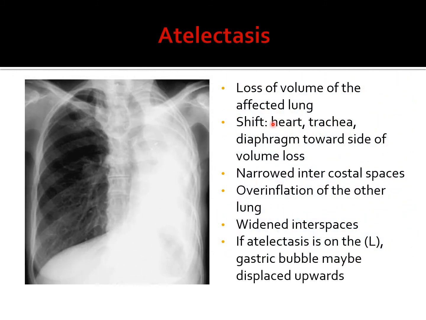This is the chest X-ray of a patient. There is loss of volume of the affected left lung. There is shift of the heart and the tracheal diaphragm towards the side of the volume loss. There is narrowed intercostal space, as you can see here, compared to the right side. The intercostal spaces are narrowed. There is overinflation of the opposite lung, which is termed compensatory hyperaeration, with widened